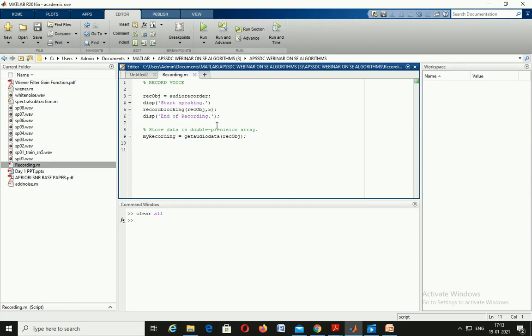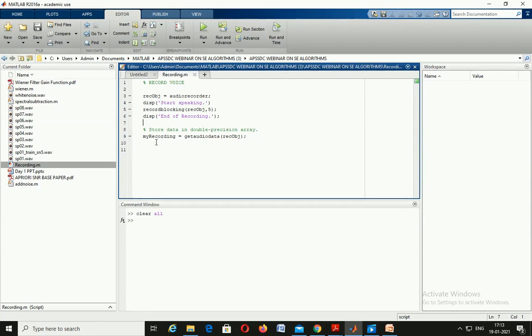Suppose you want to store 10 seconds of voice, you can change this 5 to 10. That depends on your need. After the 5 seconds it will display 'end of recording', so it will record the 5 seconds, and that recording is stored in recObj.